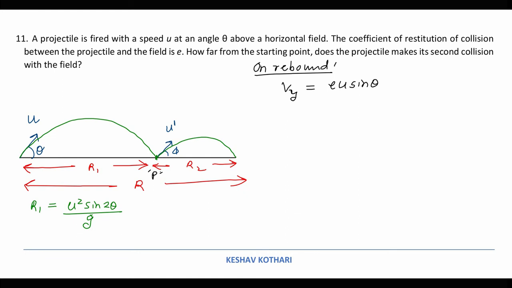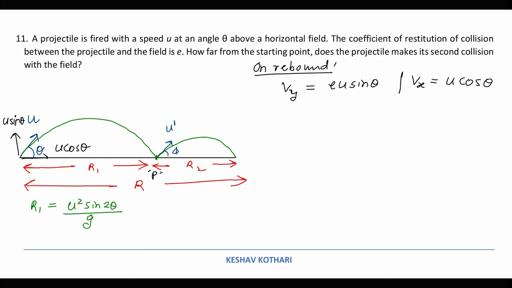So the y component of the velocity, that is this component which we refer to as u sine theta, the other x-axis component being equal to u cos theta. The y-axis component, that is u sine theta, is going to change on the impact at the first collision, whereas the velocity component along the x-axis remains unchanged. It is going to remain u cos theta.